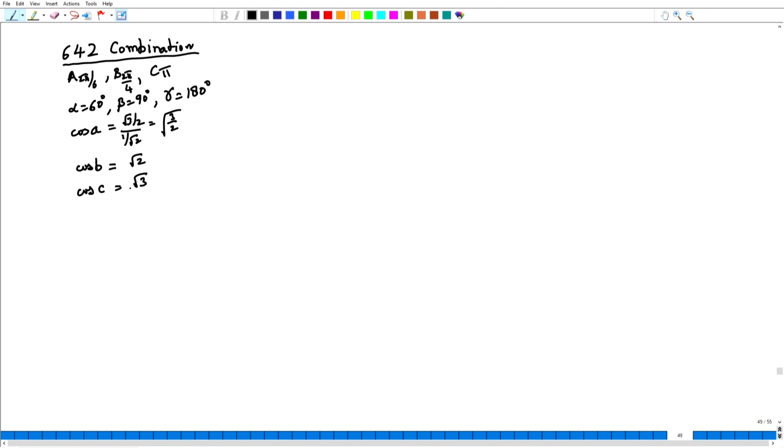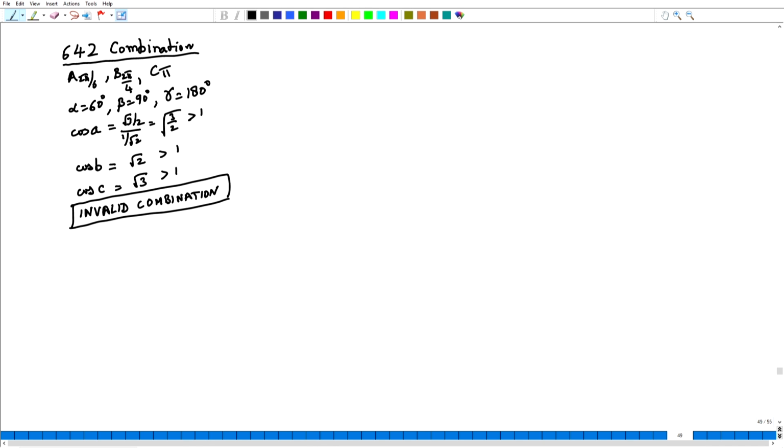Now, what is wrong with these numbers? Well, all of them are greater than 1. That means we cannot have any angles A, B, C defined for these numbers, because we know that cos has to be between -1 and +1. Hence, this combination is not possible, or I will simply call it an invalid combination. So, no such point group can be formed by the combination of 6, 4 and 2-fold rotation axes.